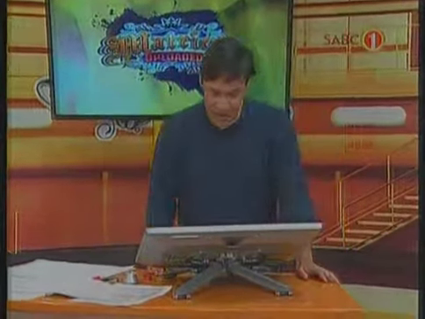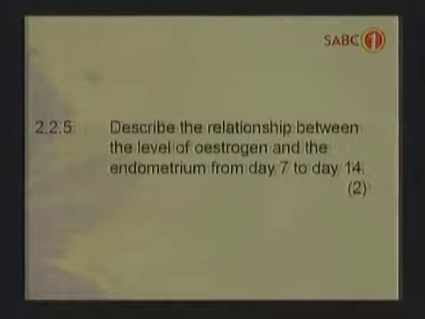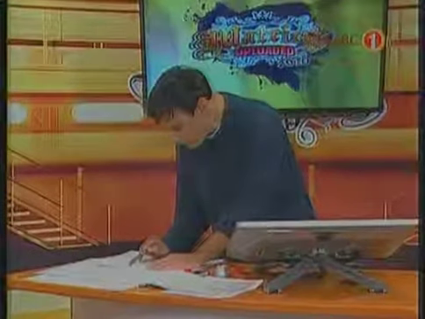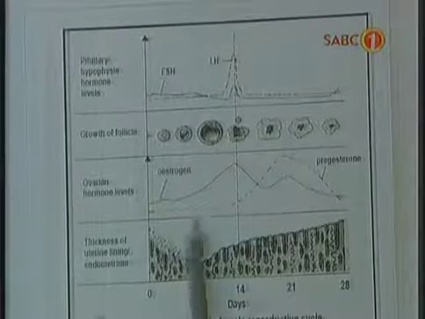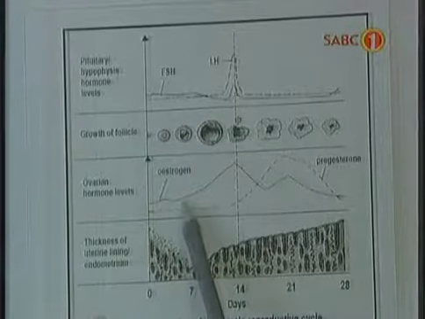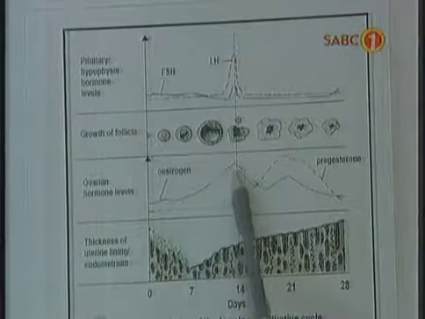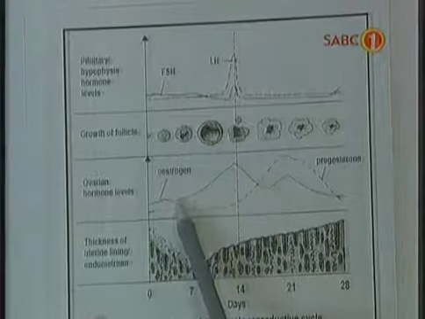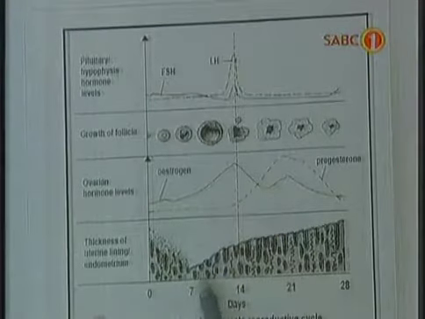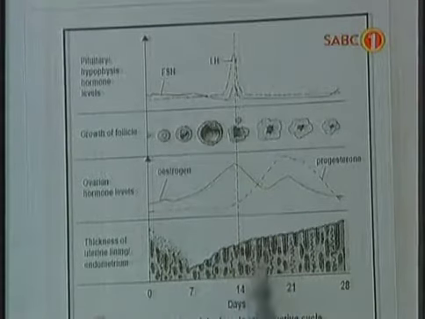Okay, 2.2.5, describe the relationship between the level of estrogen and the endometrium from day 7 to day 14. We come to our graph and we can see, going from day 7 to 14, I can clearly see my level of estrogen is rising. What is the relationship? As the level of estrogen rises, so too does our endometrium layer get thicker. Right, we're going to take another